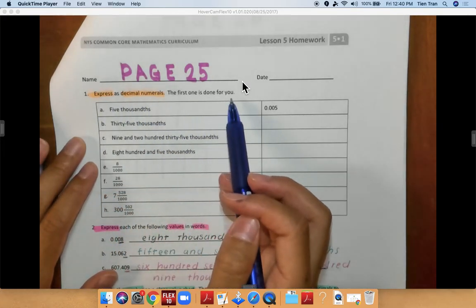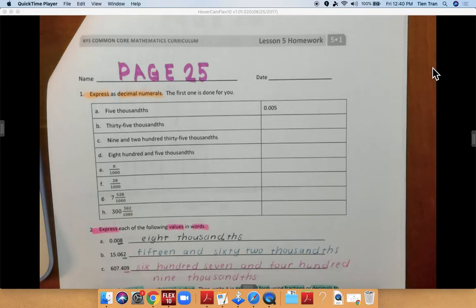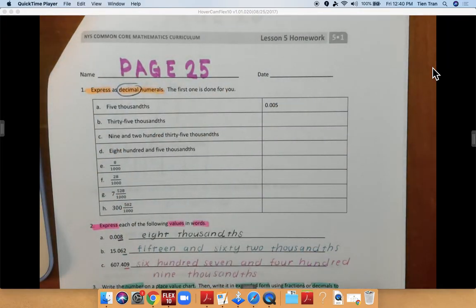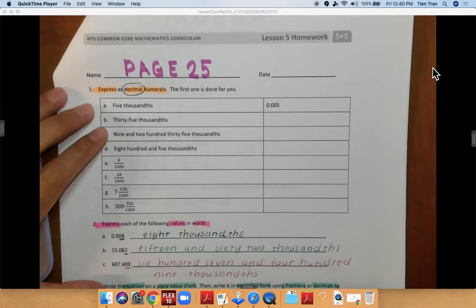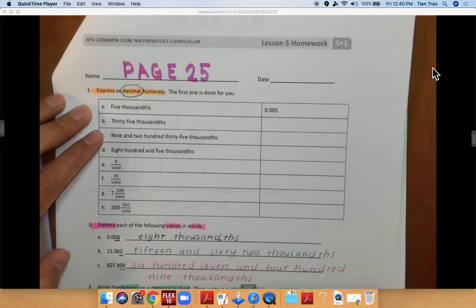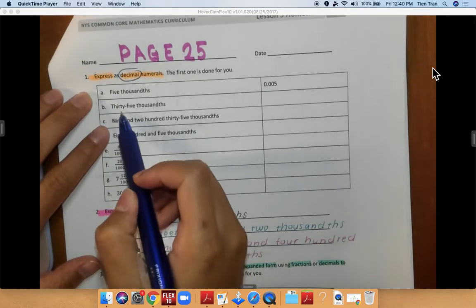The first one is done for you. So that means that they want you to write your answer in a decimal. And we've been doing that for the past 4 days. So we have been writing decimals. So that's what they want you to do. They want you to write in decimals. They're going to give you word form and you're going to write in decimal. Or they might give you a fraction and you're going to write it in a decimal. So the first one says here